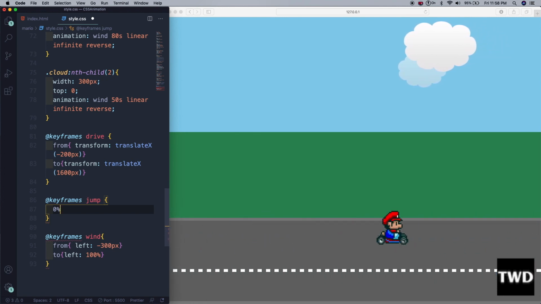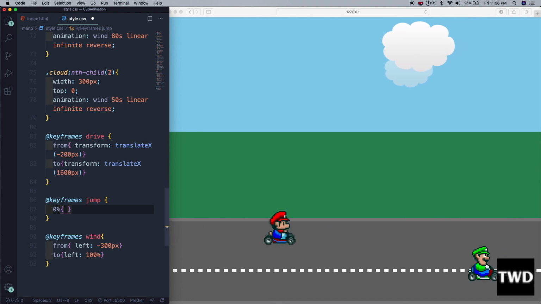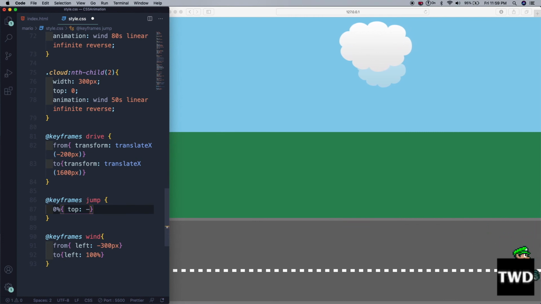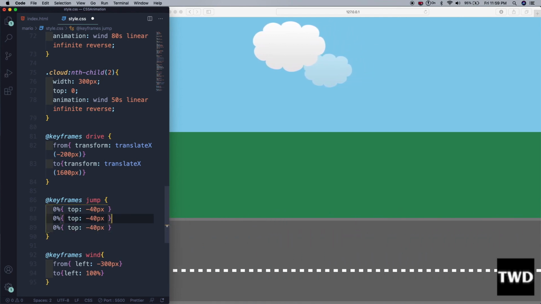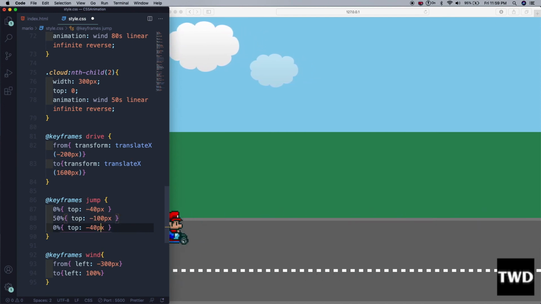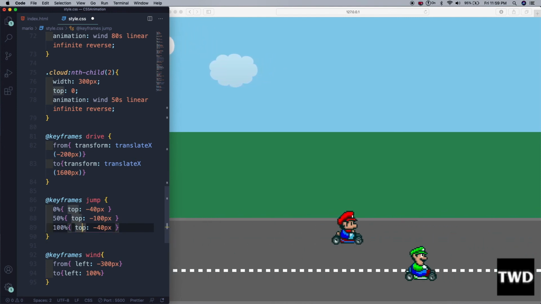So we will have 0%, and at 0 it will be top minus 40px, then at 50% he will be at minus 100px, and then at 100% he will be again at minus 40px.